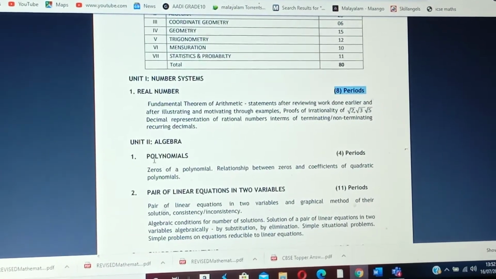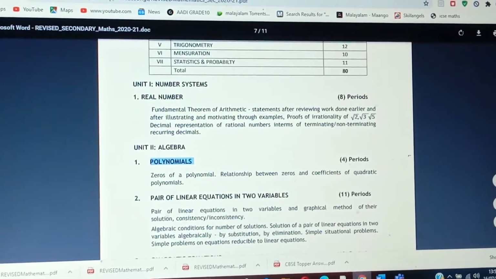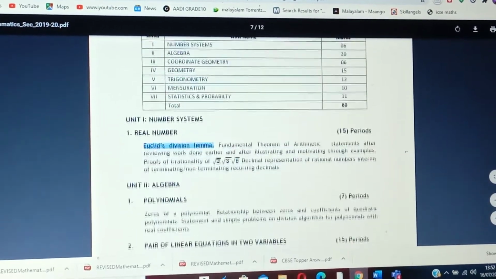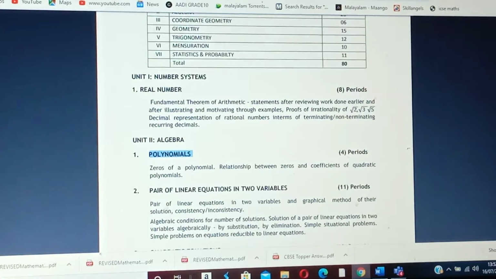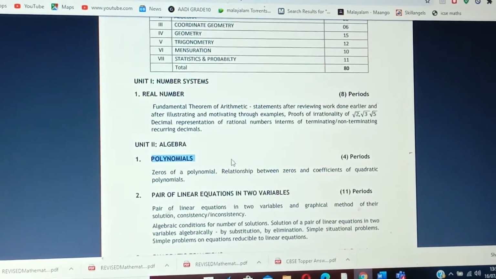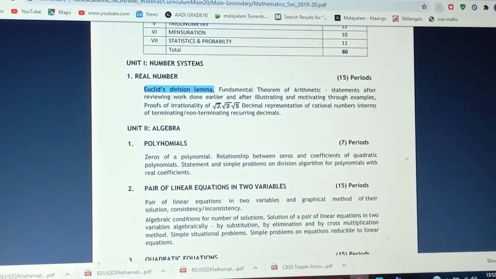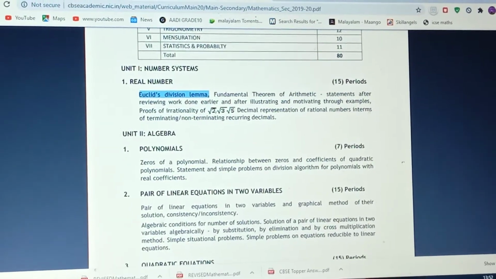Now let's move to the second chapter, which is polynomials. In polynomials, what has happened? Earlier there were 7 periods. Now we have around 4 periods. Polynomials, what is not coming? We have to look at that. What has been changed? So if you look at it carefully,